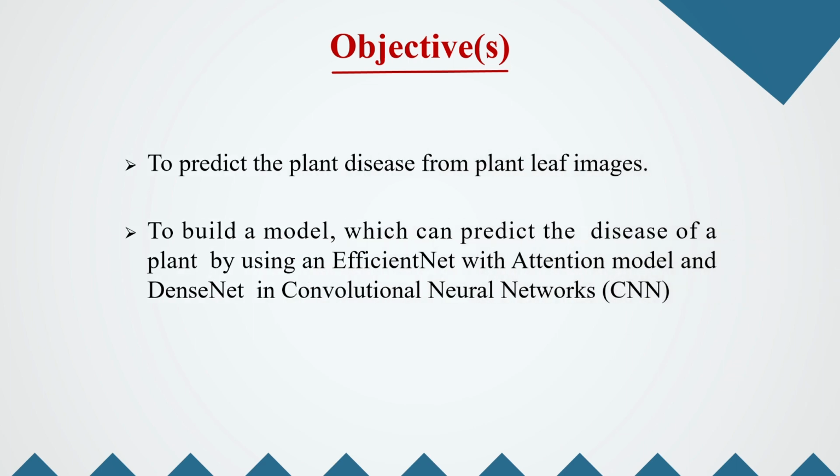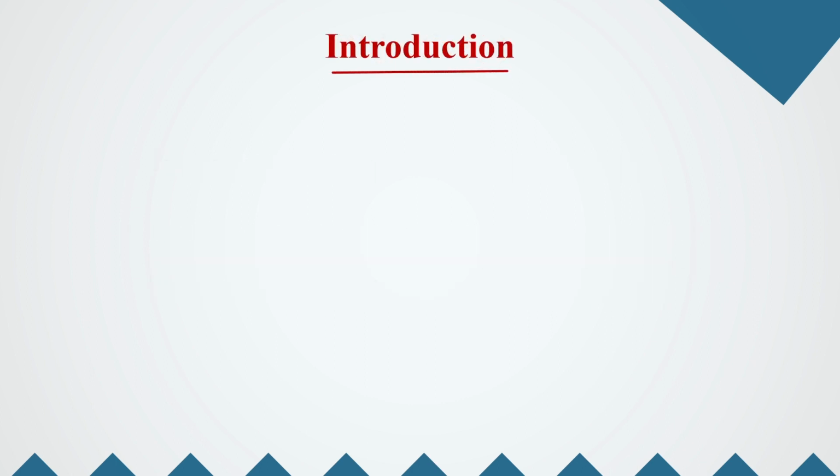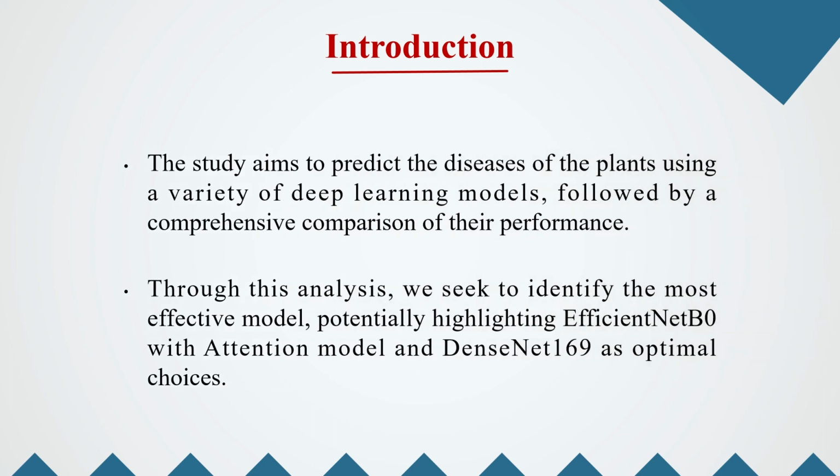So for this we are building a model which can predict the disease of the plant by using an EfficientNet model as well as a DenseNet in the convolutional neural network. The study aims to predict the diseases of the plant using a variety of deep learning models, followed by a comprehensive comparison of their performance. Through this analysis, we seek to identify the most effective model, potentially highlighting the EfficientNet B0 and the DenseNet 169